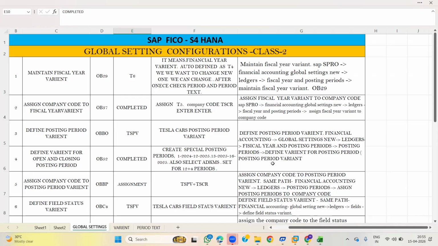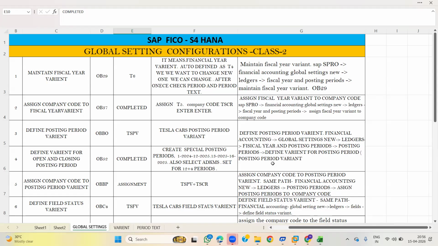Global parameters refer to the mandatory settings that need to be maintained for a company code, like chart of accounts, fiscal year, posting period variant, and field status variant. Those parameters are maintained during the implementation phase, and they determine how financial transactions are posted and reported.